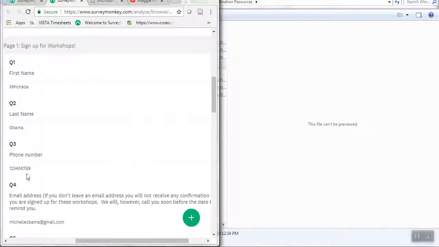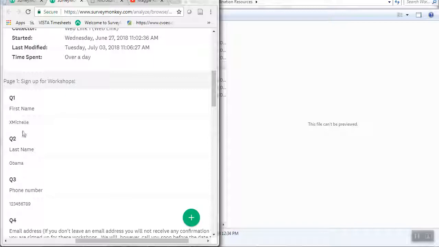Now, if Michelle had solely provided a phone number rather than an email address, I would make an O next to her name to tell myself that I have her on the list of participants and therefore am accounting for her as one of the anticipated participants on the list. However, I have not already called her. I will do so a few days in advance to remind her.